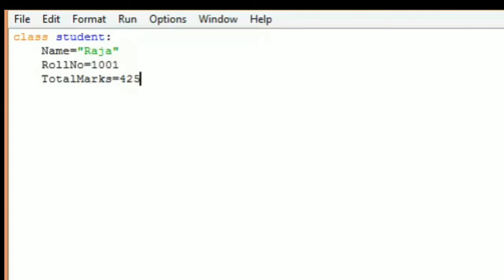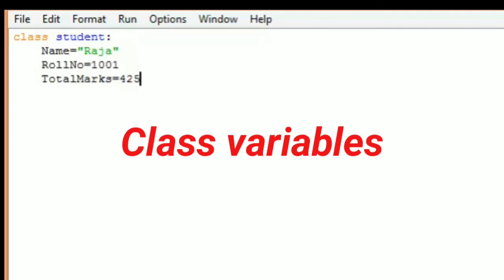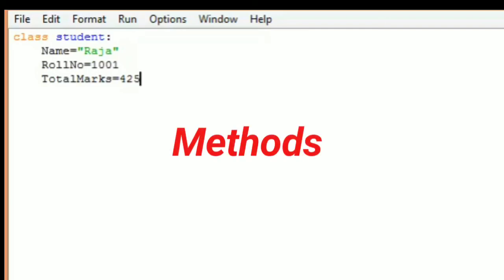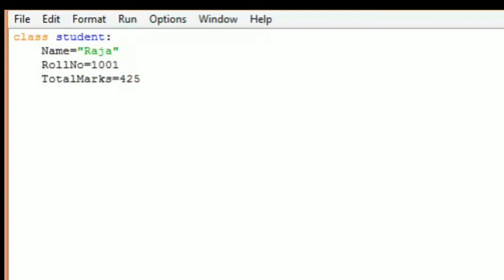Data is stored in variables. Here there are three pieces of data stored in three different variables, namely name, roll number, and total marks. A variable defined inside a class is called a class variable, and functions defined inside a class are called methods. This program has only three class variables, no methods here.